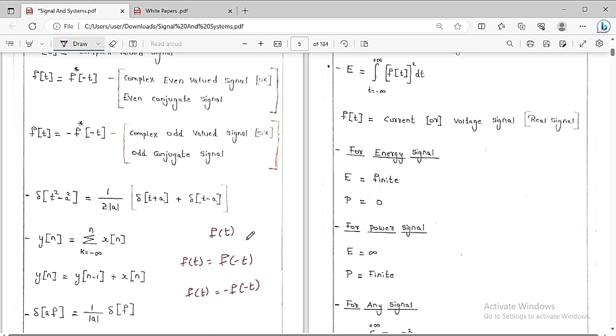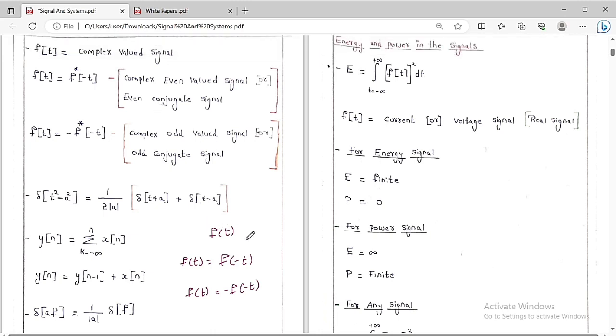So finally I can say, if f of t is a real signal, meaning there is no imaginary part, then if f of t is equal to f of minus t, we say it is an even signal. And if f of t is equal to minus of f of minus t, we say it's an odd signal. These are the real signals, right? Then if f of t is a complex valued signal, meaning there is some imaginary part,